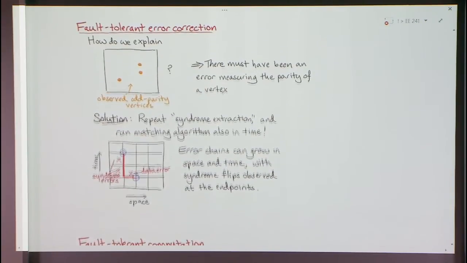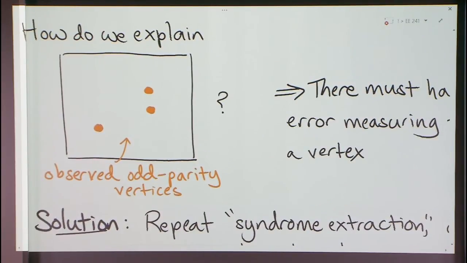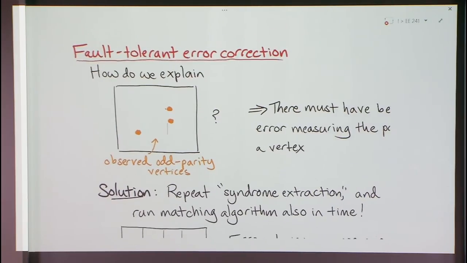Okay. And then things get interesting when we try to deal with errors on top of errors. So what if you have errors when you're trying to correct the circuit? When you're trying to correct the errors. So for example, say you see this picture here on the left, and there's three odd parity vertices that you observe. This makes no sense because you can't run a matching algorithm because there's 3. What's going to match with what? And the point is, if you see 3 odd parity vertices, then there must have been an error in your observation. So we have to deal with errors in the observations as well as errors on the data qubits.